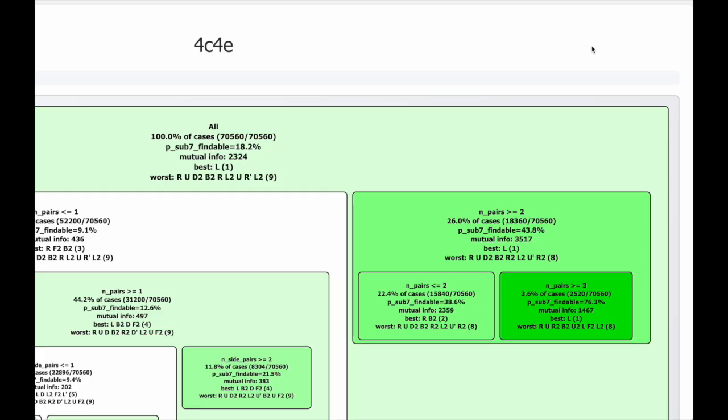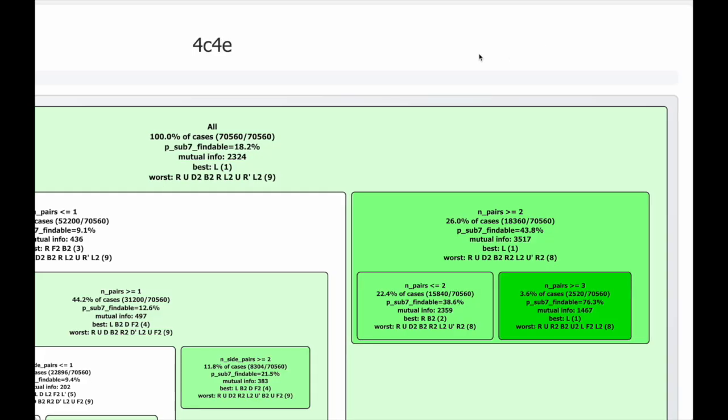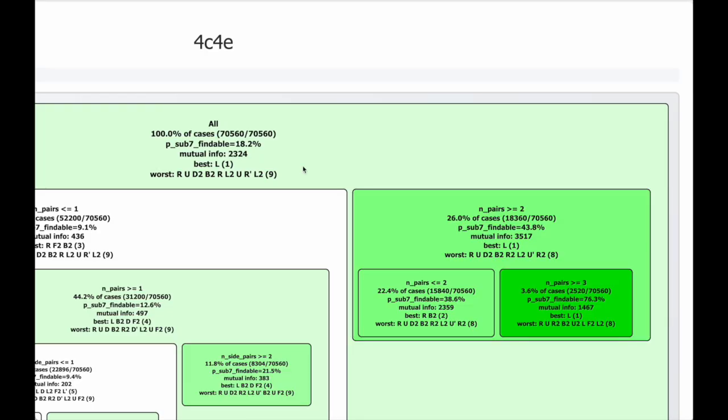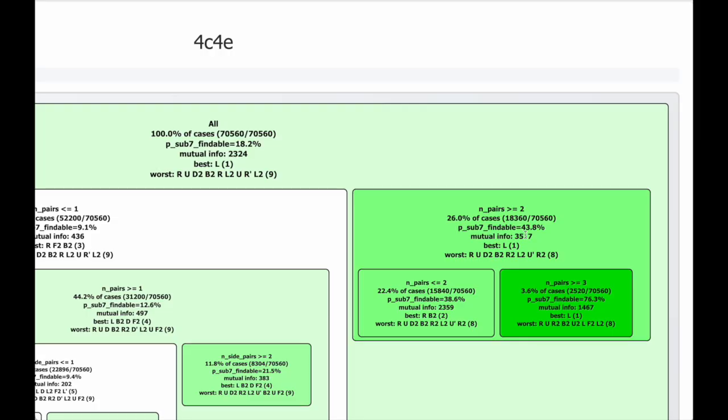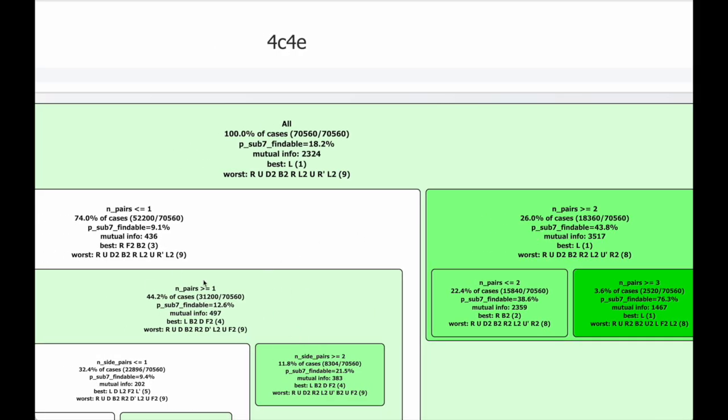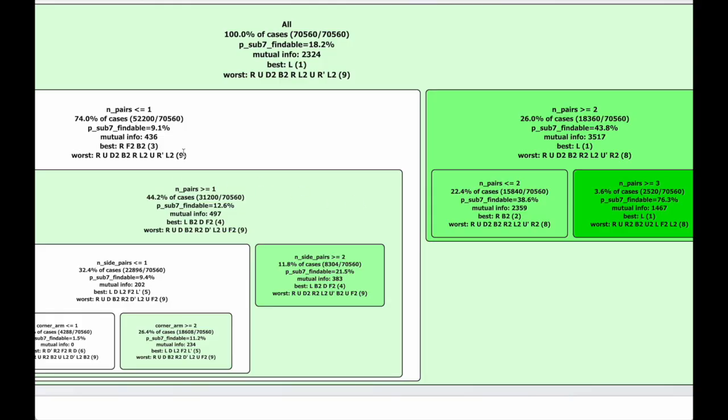Now there's one more refinement I can do to this subset calculation. Let's look at this 4C4E tree again. What I was doing was looking through these boxes to find the one with the highest mutual information. That's good. But notice that I can maybe cherry pick something from this other side. I found this big box here with 3517, and the best box in the other branch here is this one, and it has a lower mutual information on its own, but I can plug this N and this P